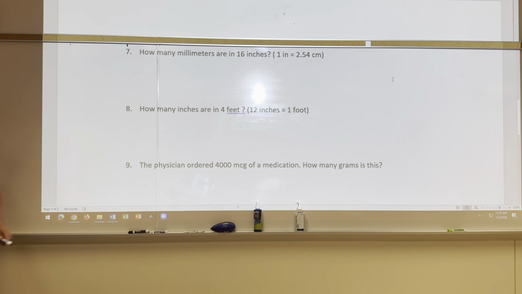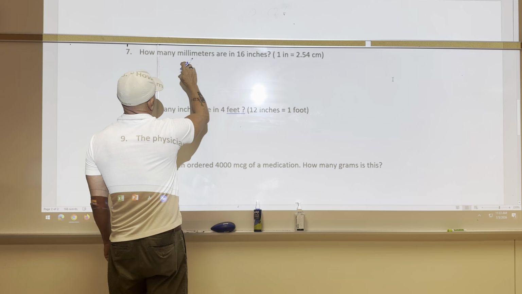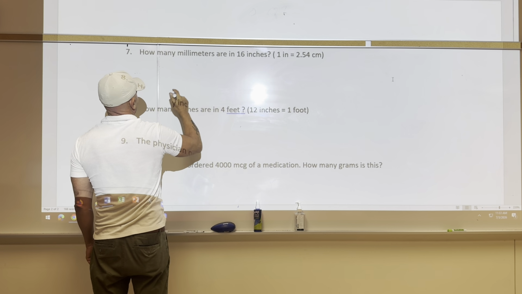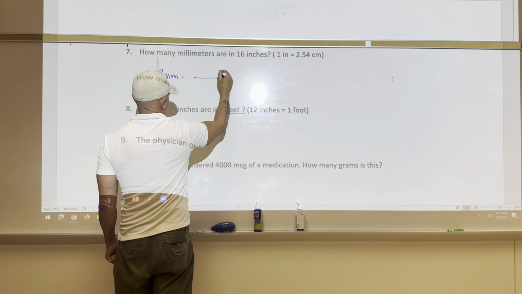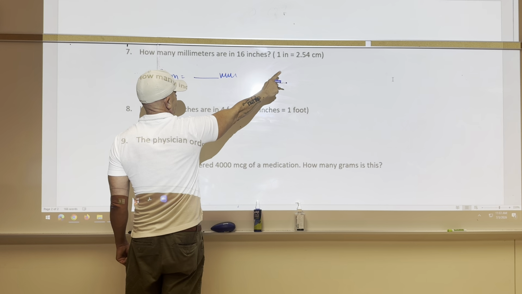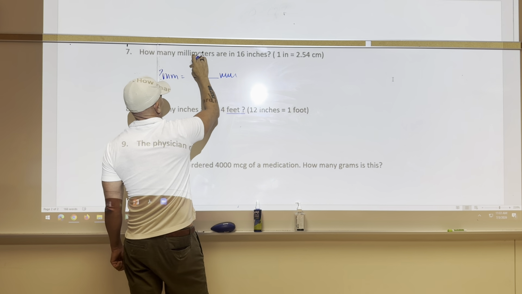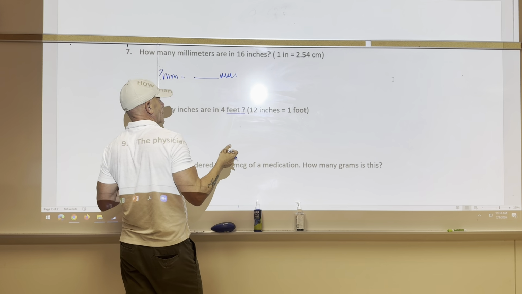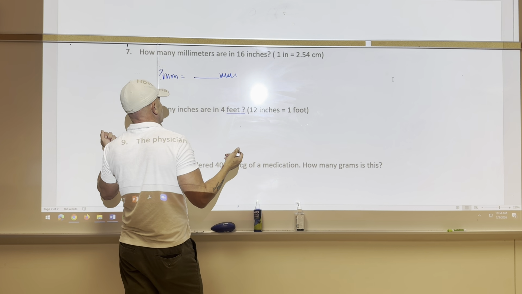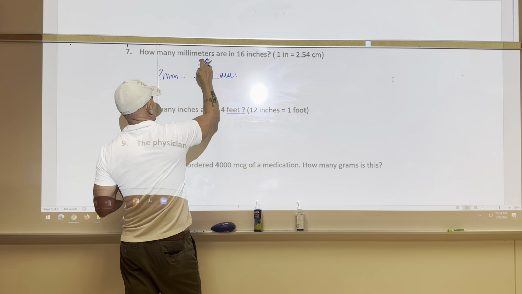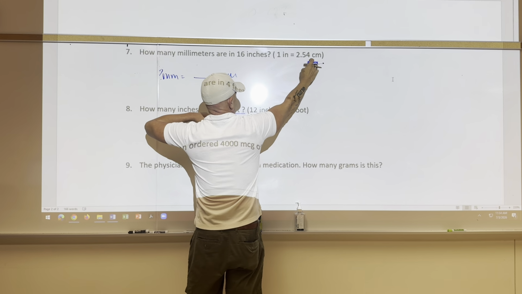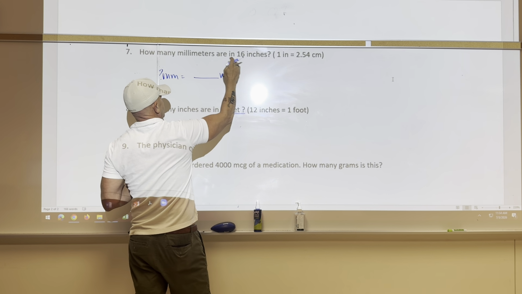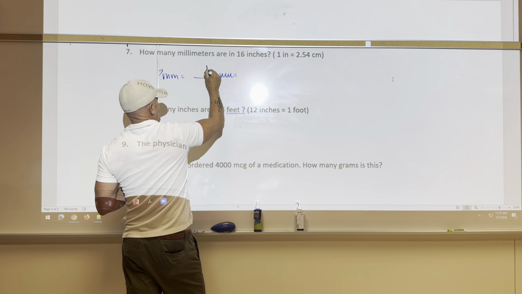Number 7. How many millimeters are in 16 inches? Millimeters is what we're looking for, right? So, first line, millimeters. Well, we got to convert, because we get into centimeters, but we want millimeters. Which one's larger, centimeters or millimeters? Millimeters is larger in number, so we go 1,000 millimeters